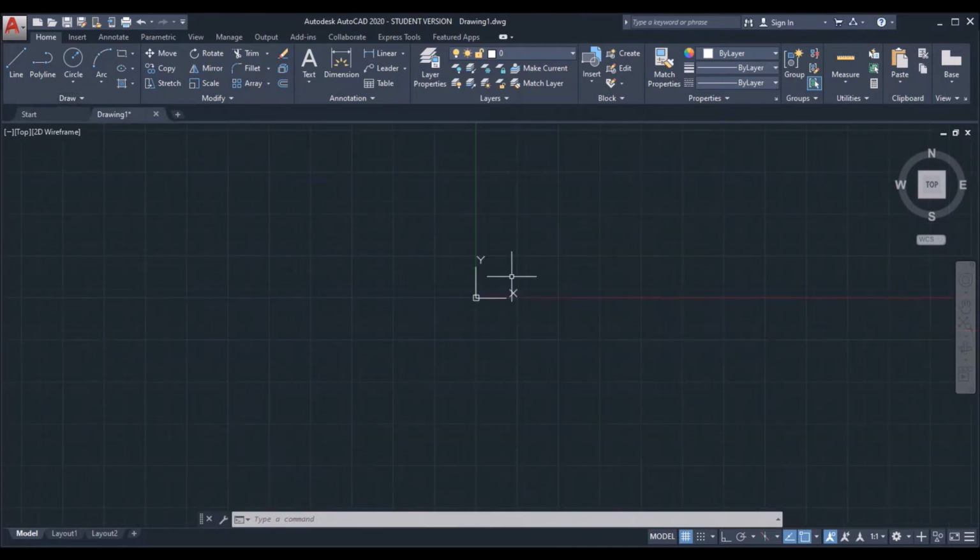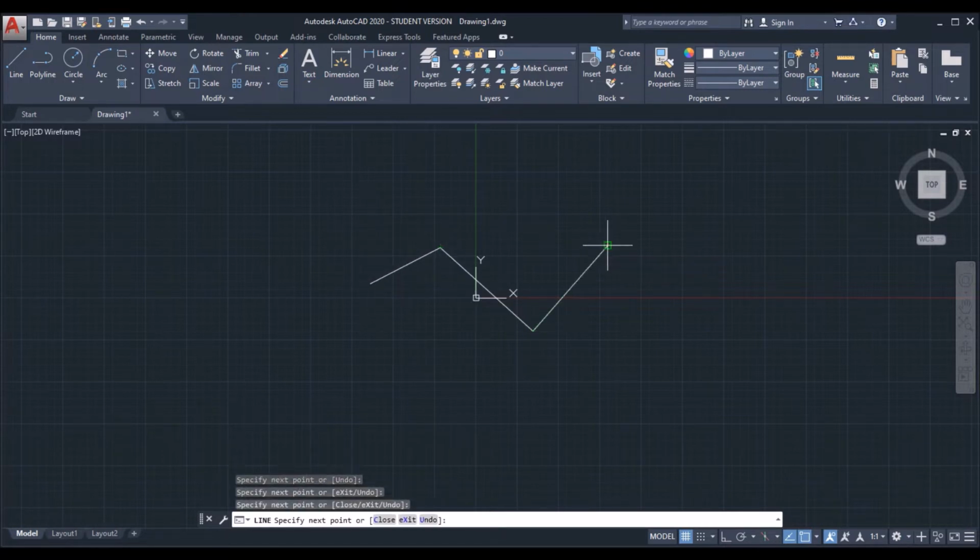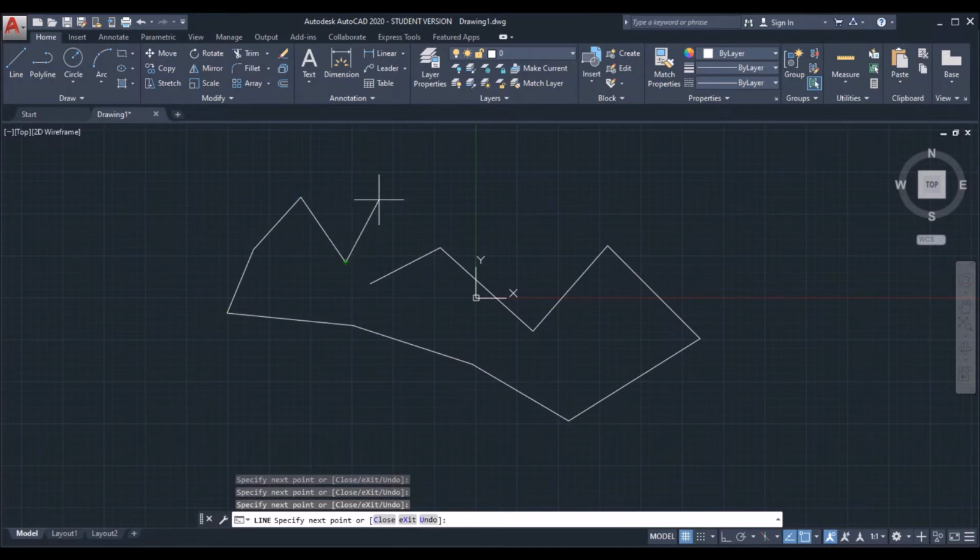So the left mouse button is used for sketching the figures in the workspace. For sketching the figures, first we need to select the command, so I am using the line command. Now you can see in the command bar, the line command you have used is asking for the first point, so I am clicking the first point. Next, it is asking for the next point, so next one, next one. So the left mouse button is used to give the points in the workspace. That is, using the left mouse button, we can draw the sketches in the workspace.